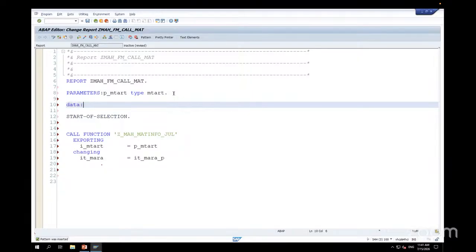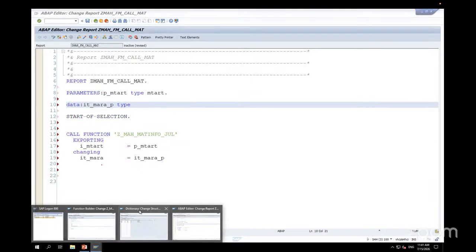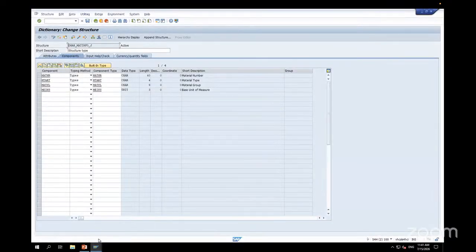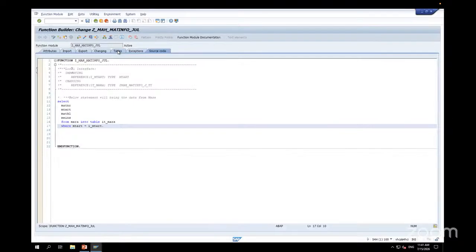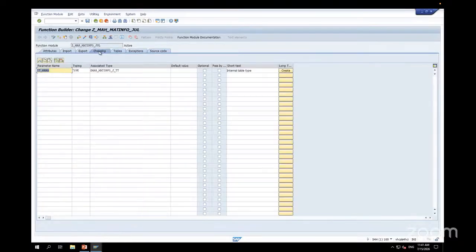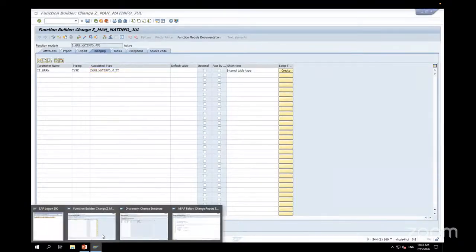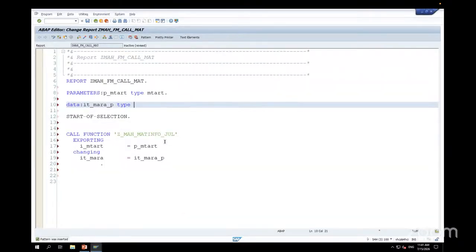Go to data, IT underscore MARA underscore key type. You can copy paste the table type here, with table type. Save, syntax, activate,